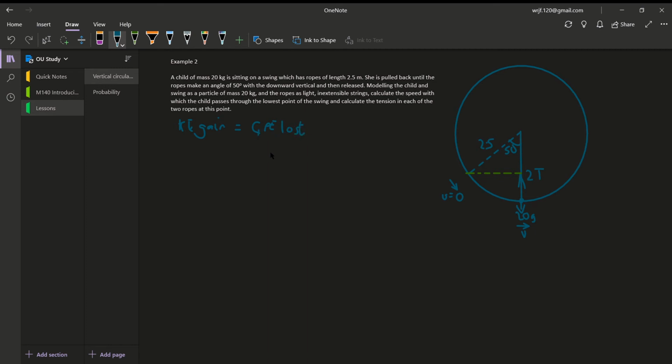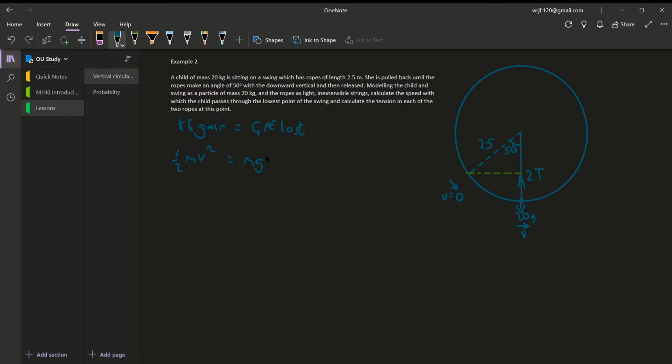We've got no kinetic energy at the starting position of the 50 degree angle, so all I need in my KE gain is just a half mv squared term. I don't need to worry about a half mu squared term here. So half mv squared, where v is the speed at the bottom of the circle, is going to be equal to